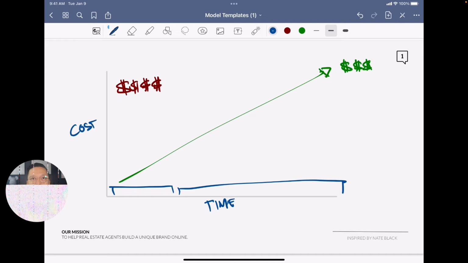Now, if we were to break down this little graph by top of funnel, middle, and bottom of funnel, this is essentially how it would look. So this would be bottom of funnel, middle of funnel, top of funnel. Now here's the kicker. At each part of the funnel, all the different ad platforms align with where you want to be playing, where your intent is in running your business, and really how much you want to be spending. So if we're looking at the bottom of funnel, you're going to be spending a lot because intent is higher.